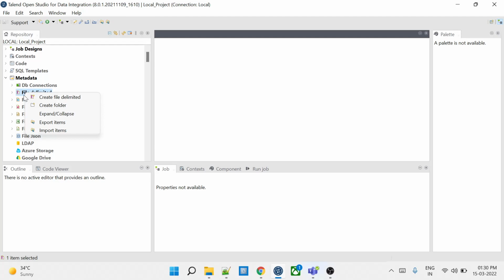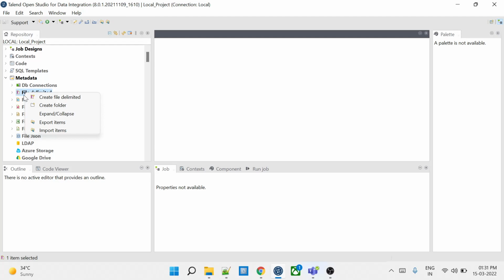The second point, which is a crucial and very important one, I often come across in real-time projects. We mostly use this functionality if there is any change in the table structure, which you can often expect in a real-time scenario. One of the easiest ways to modify your job is through the metadata. Let's say I have created one table in metadata and I am using the table metadata across 10 jobs. If there is a change in the table,